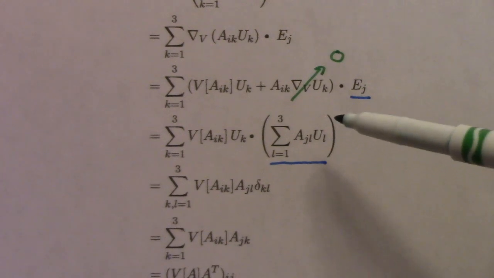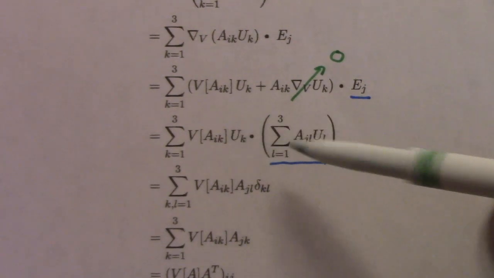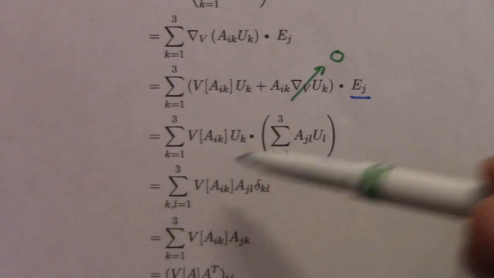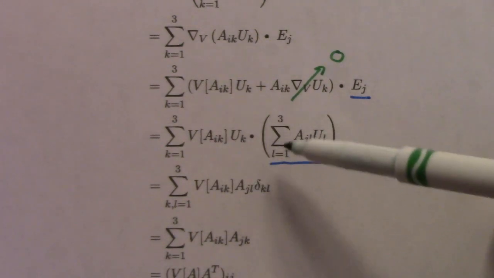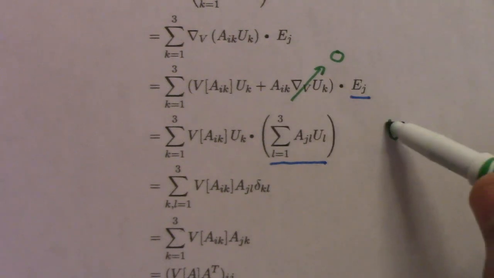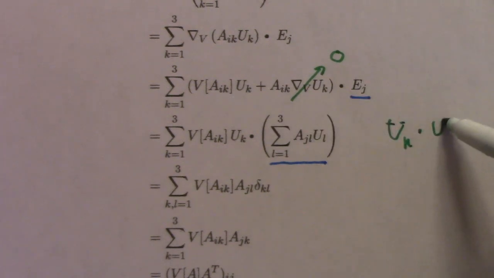And so then we have this dot product. We pull the sum over L up front. The VAIK is still there. The AJL pulls out to there. And notice that UK dot UL is